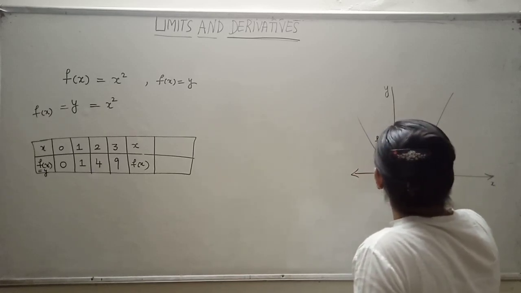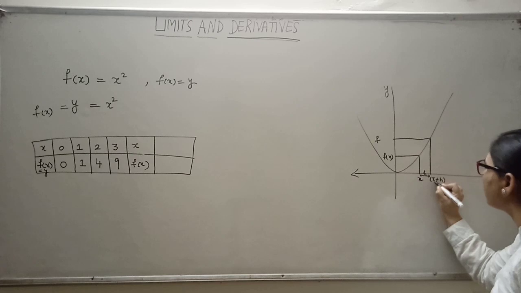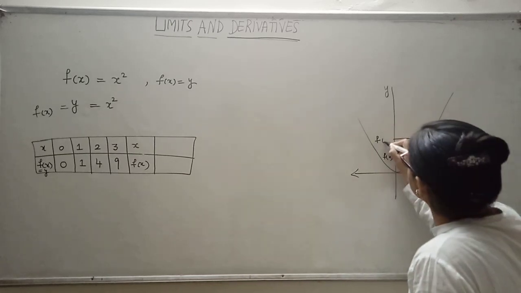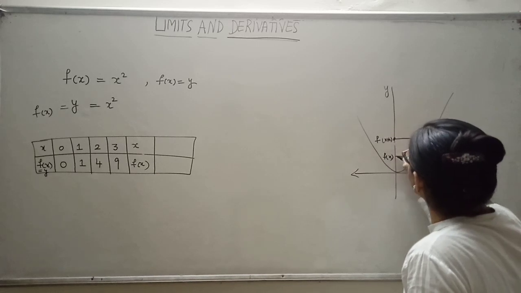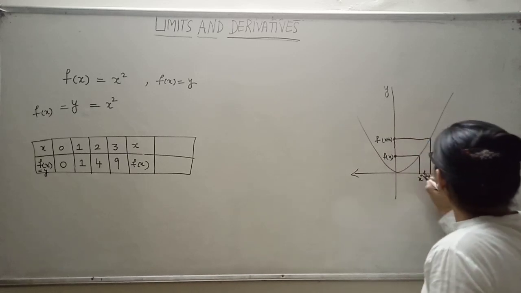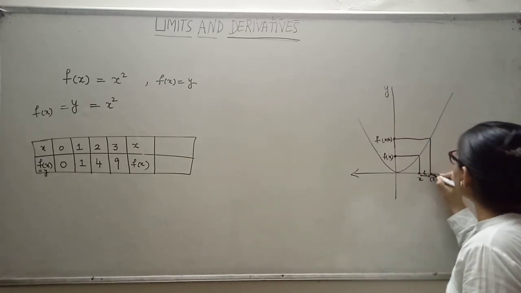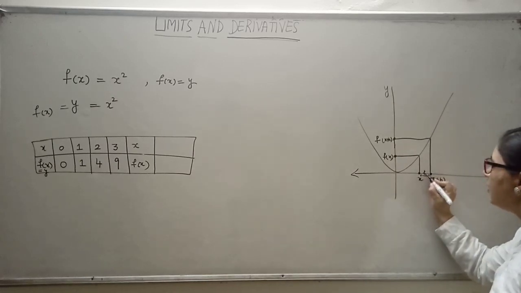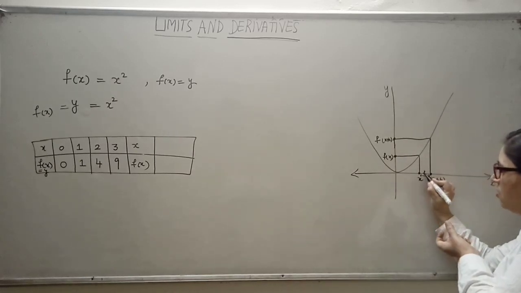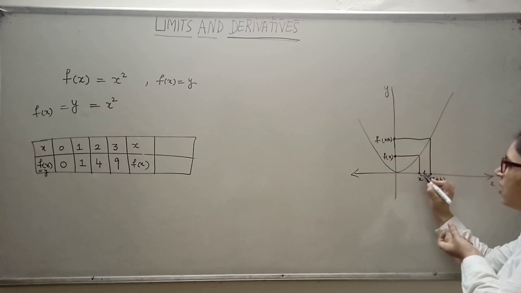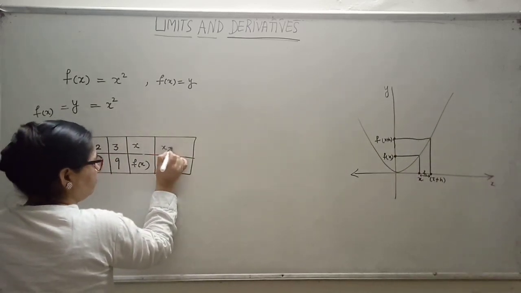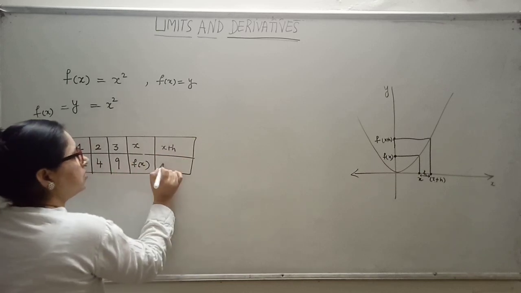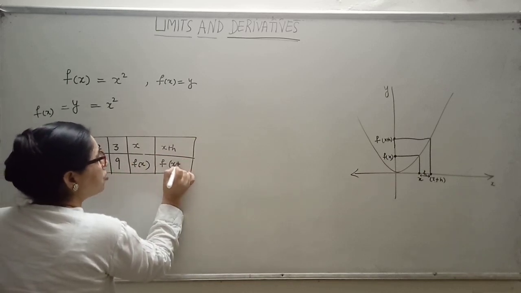So now here, what have we put in place of x? We have put this value x plus h. So this is f(x plus h). This is f(x). This is x and this is x plus h. And this is a little small change. h is the small change we have made in the value of x. So if this is x plus h, then this will be f(x plus h).